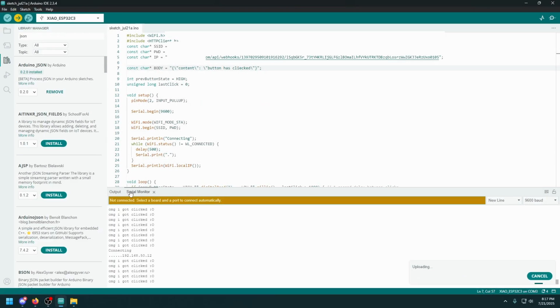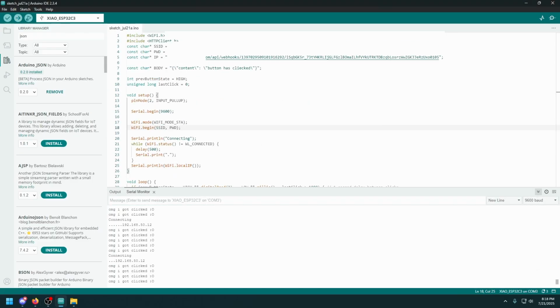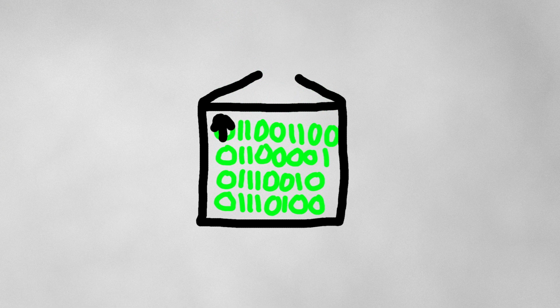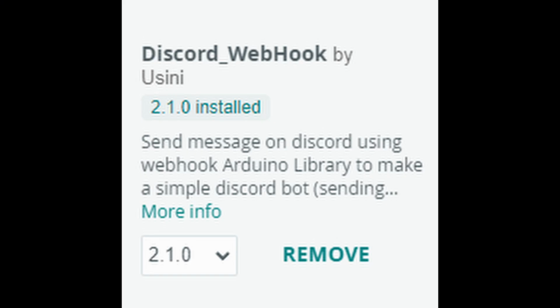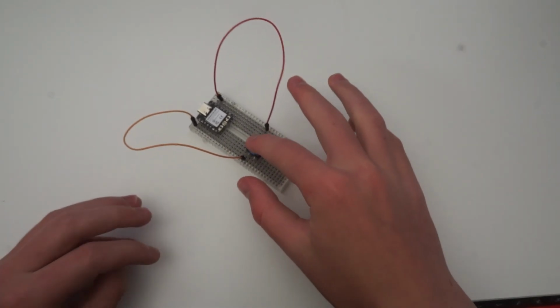To explain the breakthrough I discovered, I will first have to explain what libraries are. Libraries are like little packages of code with useful functions that you can use in your own code. I spent so long trying to get my code to send a message to Discord, but I discovered that there's a library for that, which made this way simpler. Eventually I had a working prototype, and now it was time to move on to